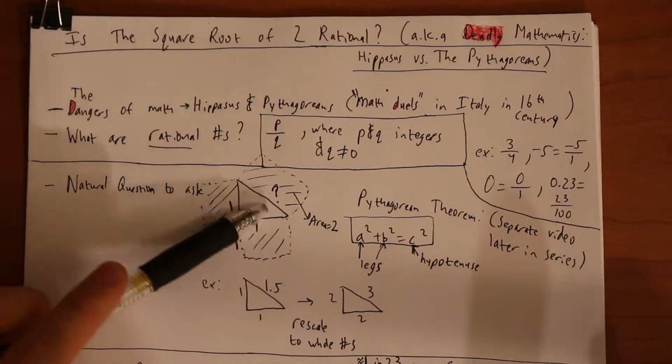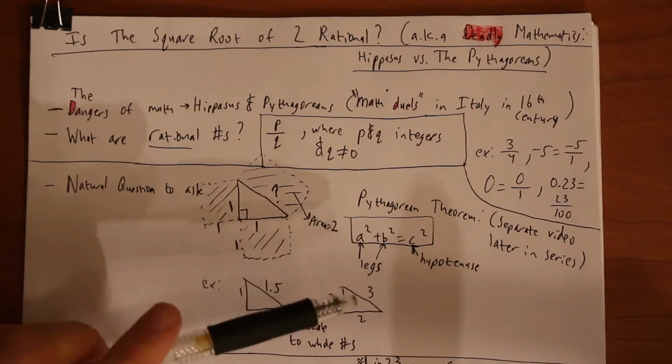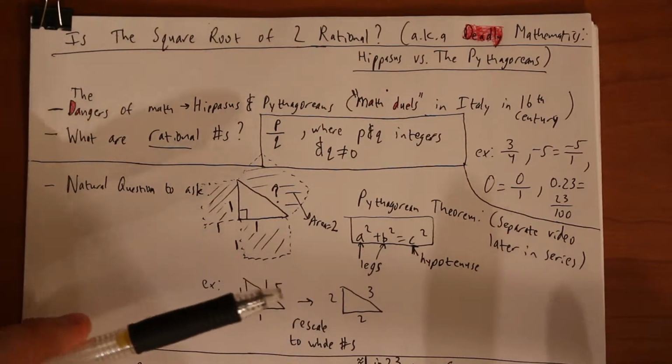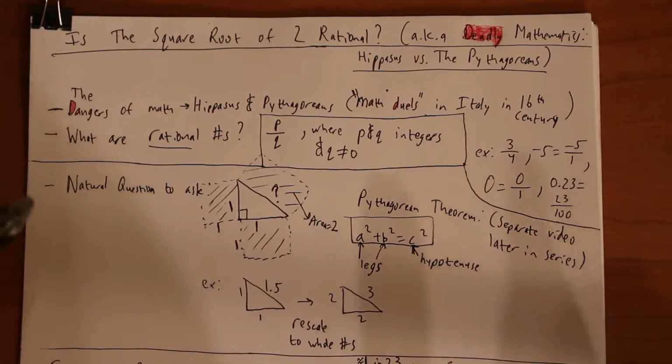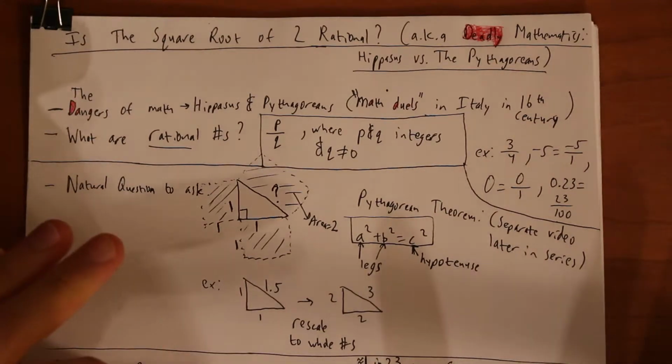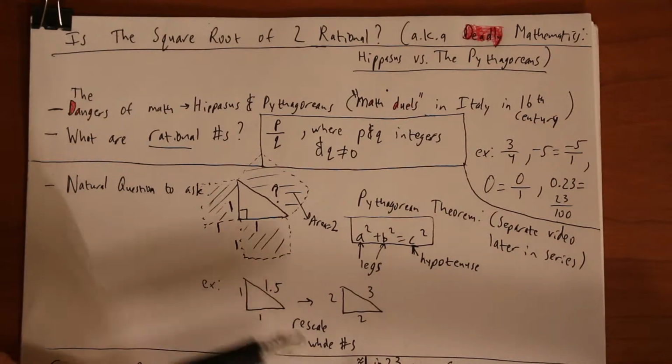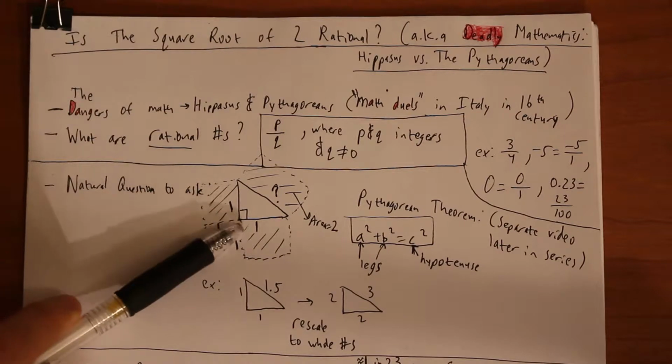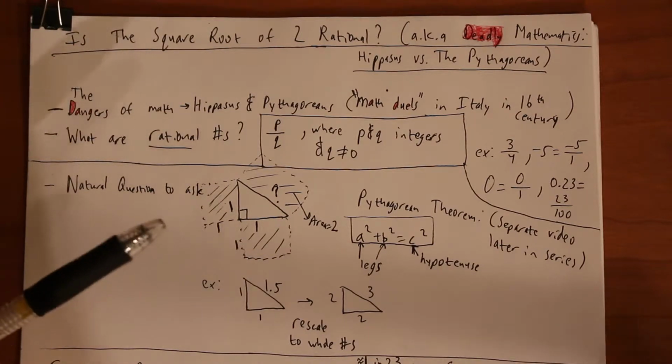So we want to know, is there something that will ultimately get us nice numbers here? And we're going to find that that's not really the case. But before we go there, I really just want to stress, this is a natural question to ask. This is not like a math nerd sort of question.